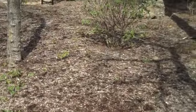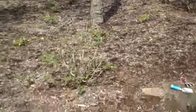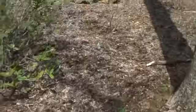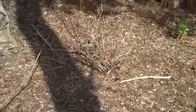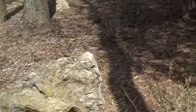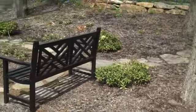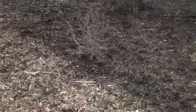Chris Orser Landscaping also does offer a deer repellent service, which we come out and spray your existing plants in the landscape, which repels the deer, and over time they do learn to stay away from these particular plants that deer do like to browse on. So there are solutions. If you do have a deer problem, call Chris Orser Landscaping, and an expert can come out and assess your property, whether you have to replace your plant or we could put down the deer